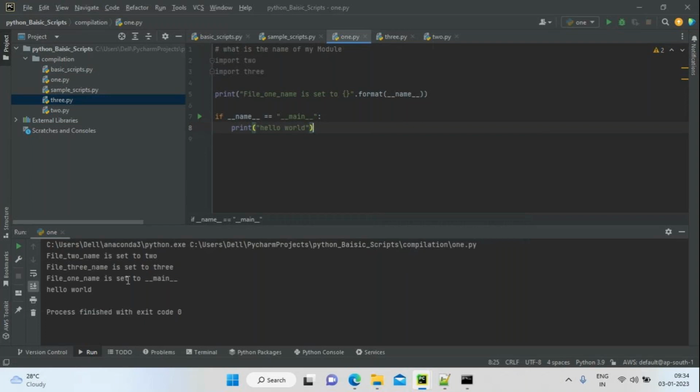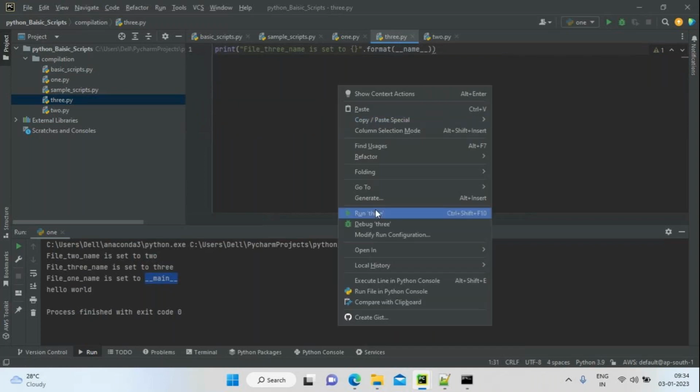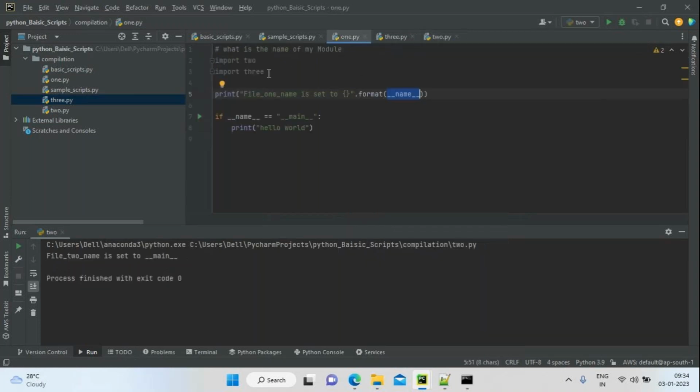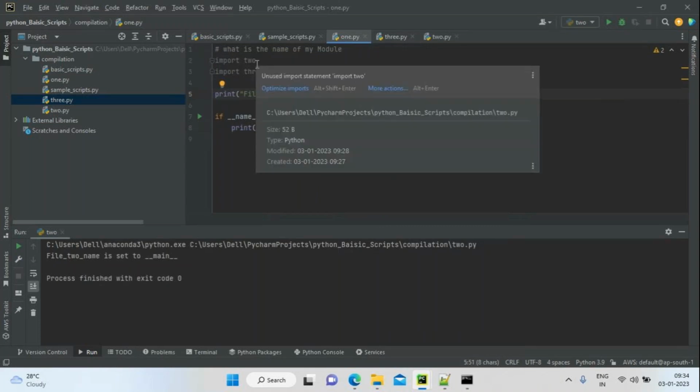Fine. The modules are 2, 3, and then main module, because I'm running the script from this 1.py file, that's why I'm getting main. If I run here, I'll get the module name as main. This is the main module actually. If I run the 2.py, this may actually be the main module. If I import any statements in my current module, that file name will be given as the module name. Module means files. Files contain classes, variables, methods, other things, functions, constructors, anything can happen.